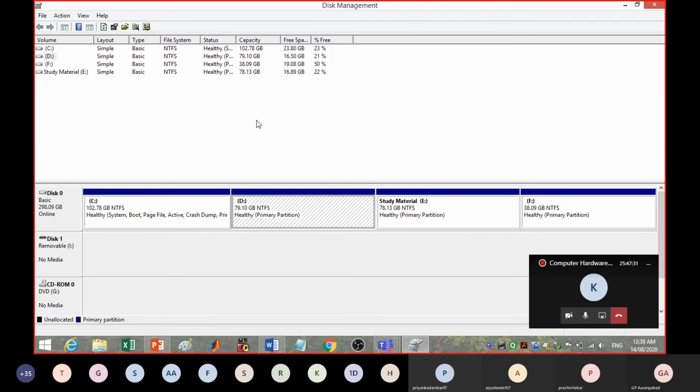Also, we need to do certain practicals. Practicals means installing an operating system, formatting a hard disk, creating a partition, a single partition or dual partitions. All these are the practicals which you can perform. But if it is not possible, I have one desktop machine which I have purchased. I have one good desktop machine with me. When it comes to taking practicals, I will demonstrate these practicals on my machine also.